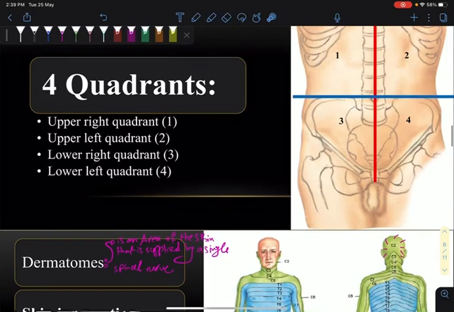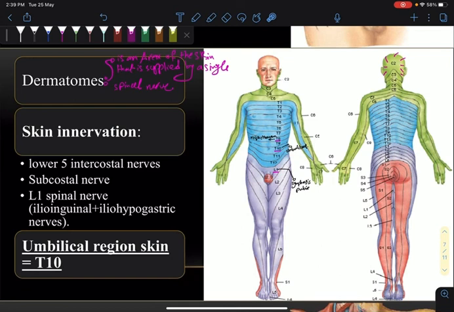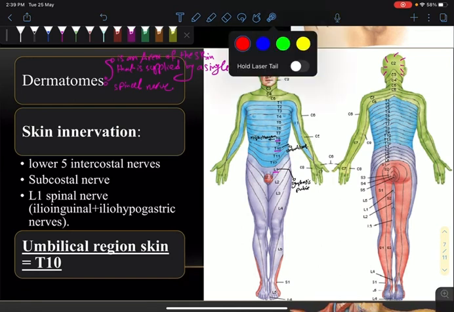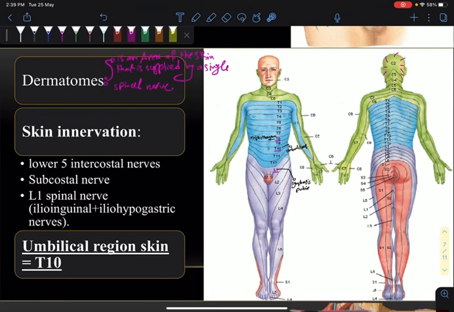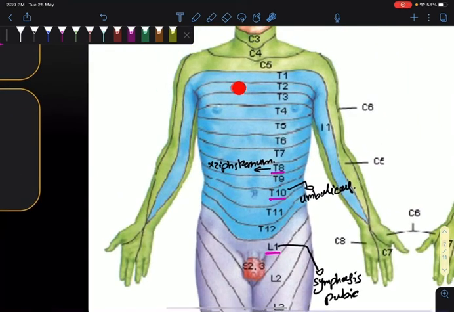Diagnosis. Okay, let's move to dermatomes. A dermatome is a region or area in the skin that is supplied by a single spinal nerve. So, for example, let's come to this area, this line. This line of the skin is supplied by a spinal nerve